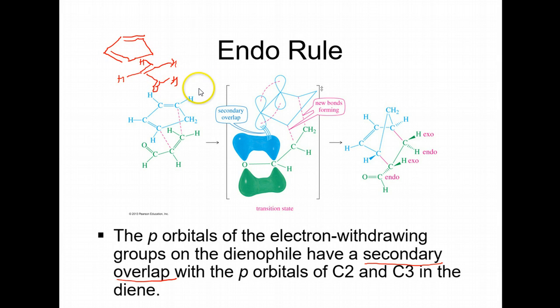This is outside of it. This is underneath it. So this is what you want. This is where the secondary overlap occurs, when that group goes underneath it and can actually form these pi bond overlaps, which is what's called the secondary overlap. Okay? And this is what's called the endo rule, because your electron withdrawing group goes down, which is the endo